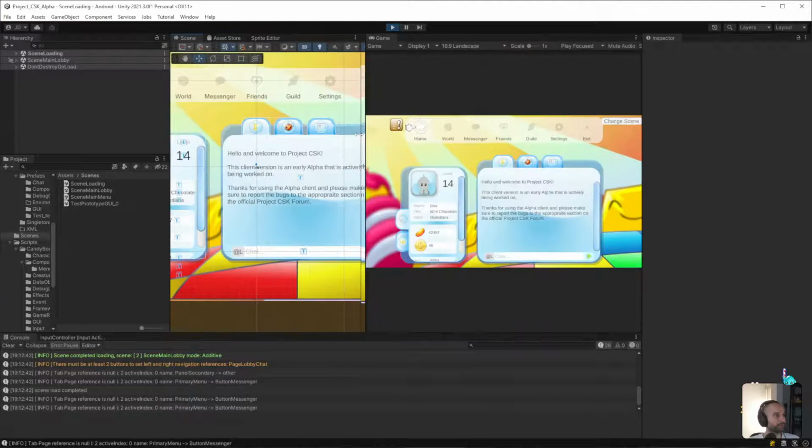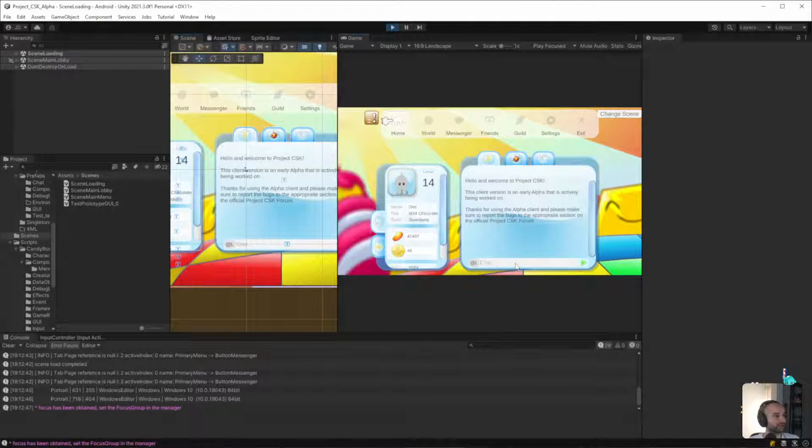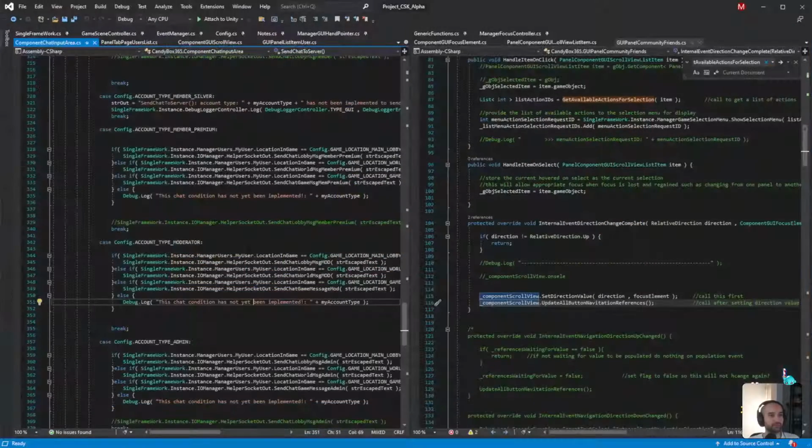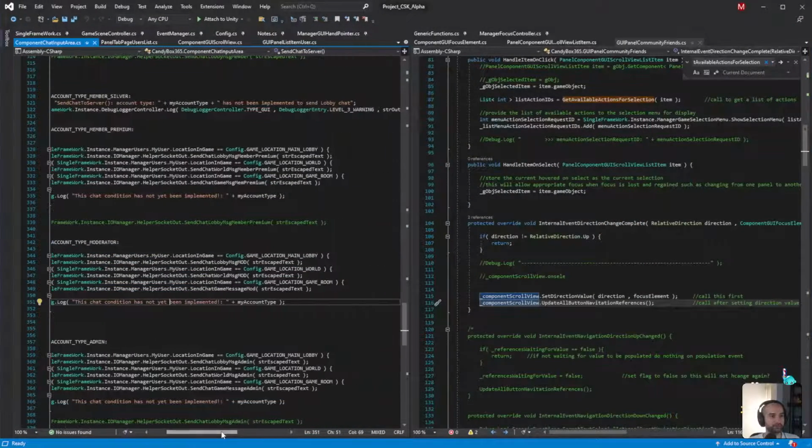Okay, so there was a message that it gave when I typed out: "This chat condition has not been implemented yet, moderator." So what does that mean? Because I'm confident it was working before.